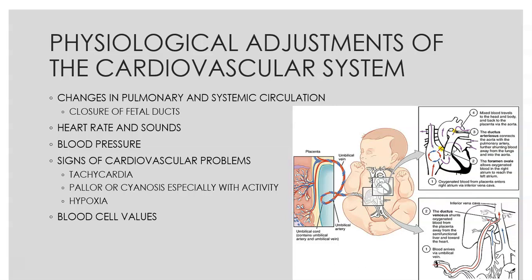As far as their blood cell values, most of them are very similar to adults. Their red blood cells, hemoglobin, and hematocrit are slightly higher for the first couple of months or so, but not significantly higher. The most notable one that is really different is the white blood cells. Newborn white blood cells can be as high as 30,000 when they are born, and progressively decrease down to your typical adult white blood cell count of 5 to 10,000 over the first month.